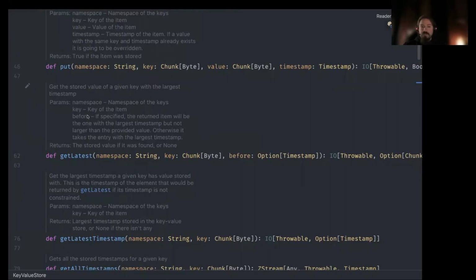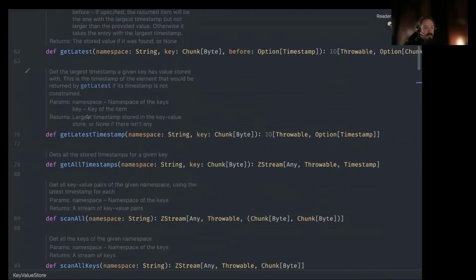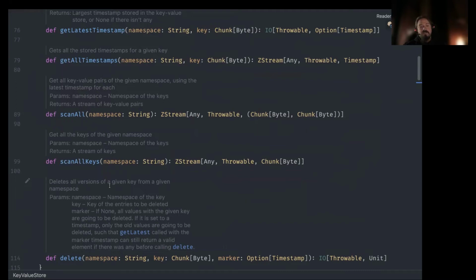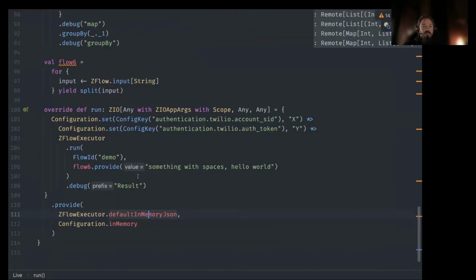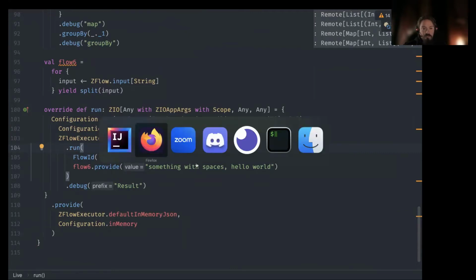You have to implement a put, a get, and a scan function basically, and a delete. And it has a test suite that you can use if you want to use it with your own database that is not officially supported yet. It's not very complicated to write an implementation of these 2 interfaces, I would say. And it can be tested with the official test suite that is published as a separate artifact. But what I wanted to show is that